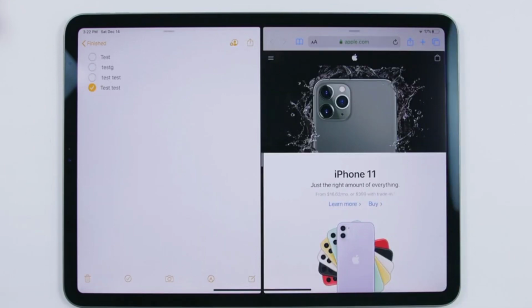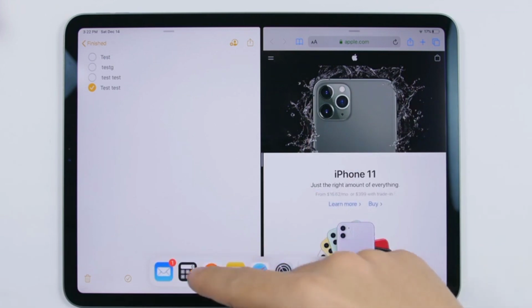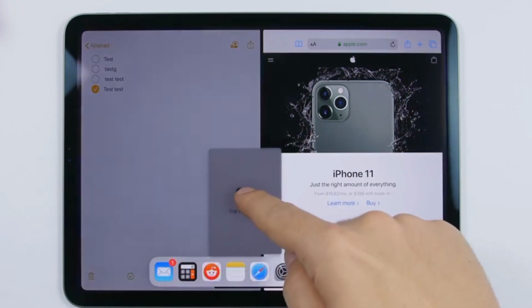On your iPad, you can of course open two apps at the same time on the split view, or you can open an app and another one on the app cards. But what if you want to have three apps opened at the same time? So two right here on the split view and another one on a card. Let's just try that. So what you gotta do here is just drag the app, and as you can see,